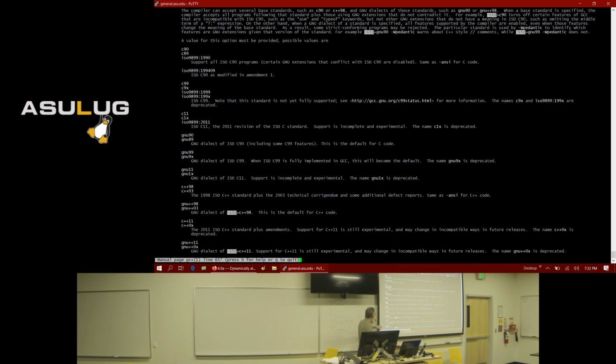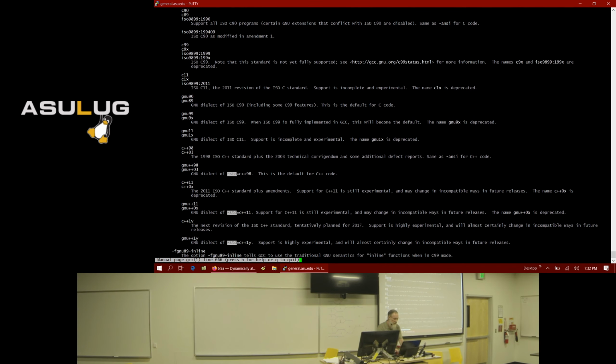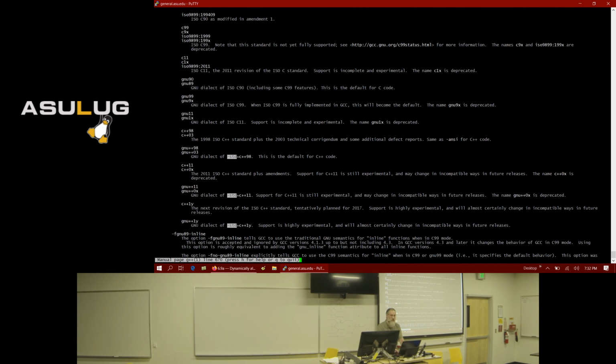So the default one is GNU++ 98, which is the GNU implementation of C++ 98. But it contains some stuff that's not actually part of C++ 98. So that's what I thought. And then if you want to compile with C++ 11, then you just say dash standard equals, and then you've got your C++ 11 option.